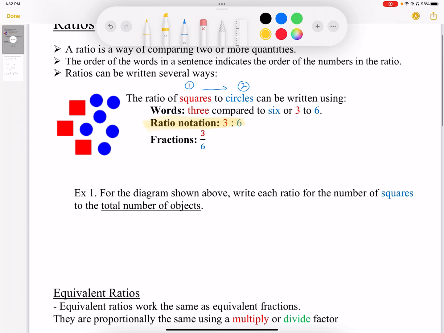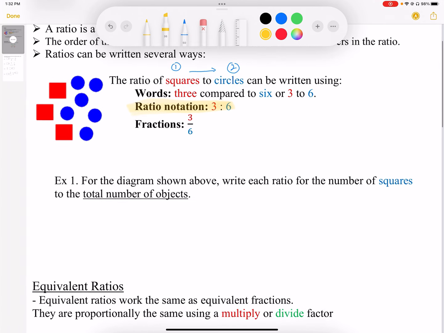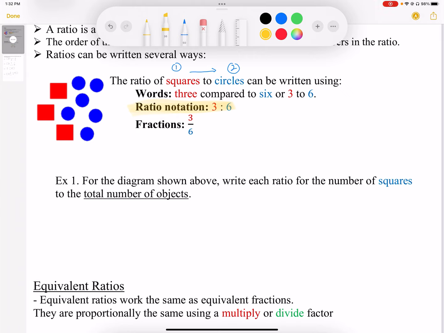So in example 1, it says, for the diagram shown above, write each ratio for the number of squares to the total of objects. So we want to distinguish when we have a part-to-part ratio. So part is the squares and part is circles. So that's a part-to-part relationship. But we could also do ratios in a part-to-total number. So squares, there are 3 squares to the total number. If we count them all up, we have 1, 2, 3, 4, 5, 6, 7, 8, 9, 3 to 9